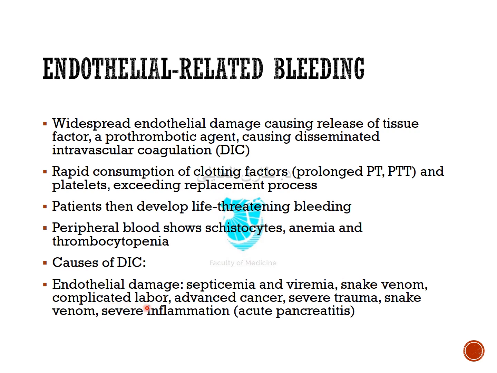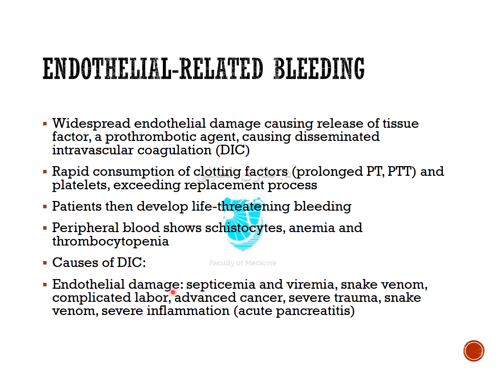Sometimes in complicated labor, there's a production of tissue factor from the placenta. Tissue factor, as we mentioned, starts the formation of these thrombi. Tissue factor is normally secreted from the endothelium. So in some situations, the endothelium by itself doesn't secrete this tissue factor. Instead, it comes from outside sources, like the placenta in certain situations. So this is called a complicated labor. In some women, during the labor, there is a production of tissue factor which can cause DIC and